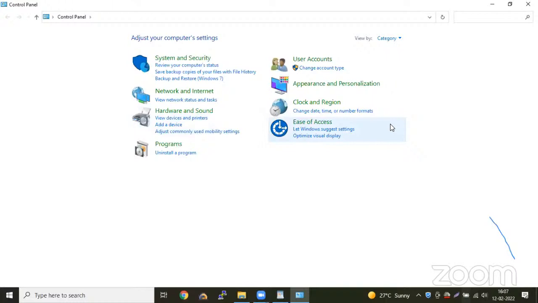If I want to change the date or time, if I want to install or uninstall software, we have that option. We have to go to the control panel. If I want to adjust the devices, if I want to defragment, for example, a hard disk,